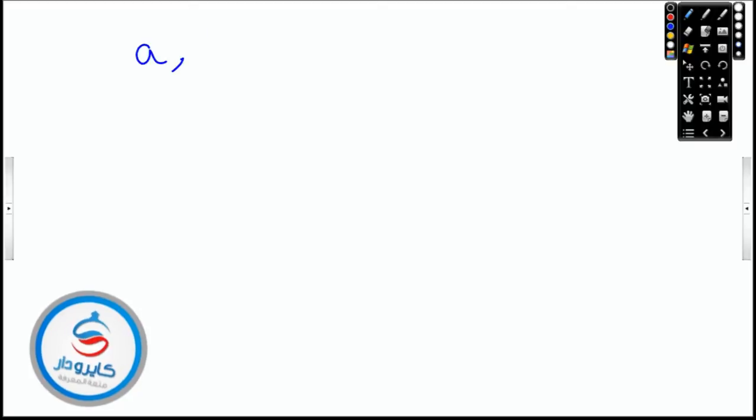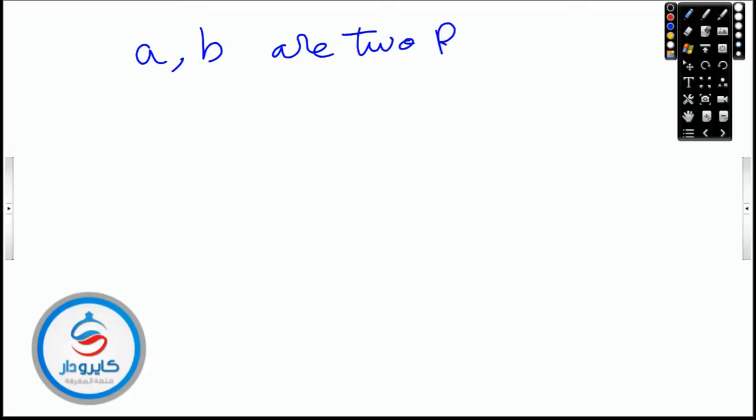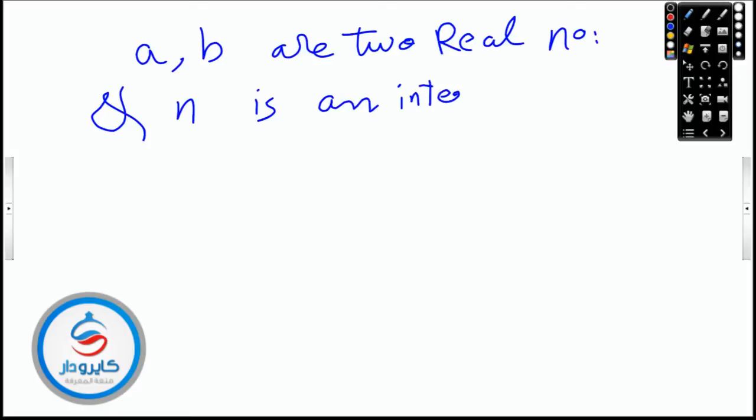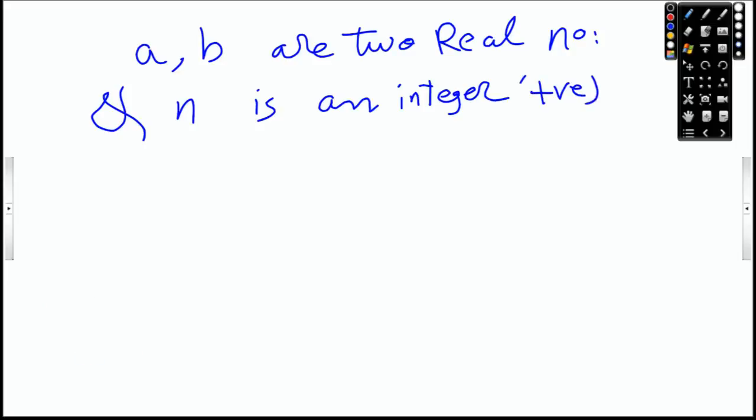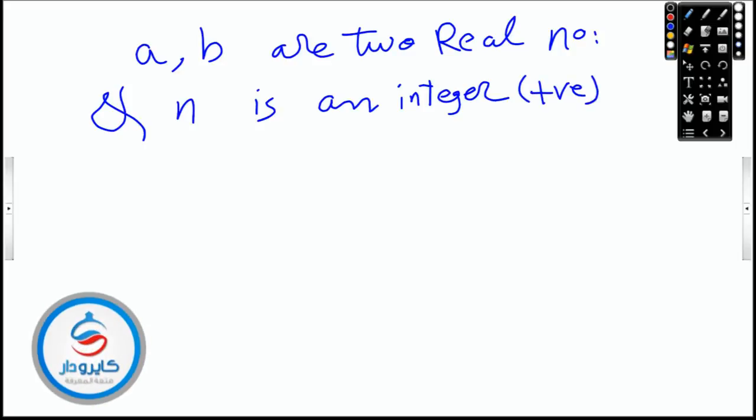Let A and B be two real numbers and N is an integer. يبقى let A and B are positive numbers and N is an integer ولازم يكون positive. احنا هنتعامل ان هو positive integer. (A + B) all to the power of N equals،